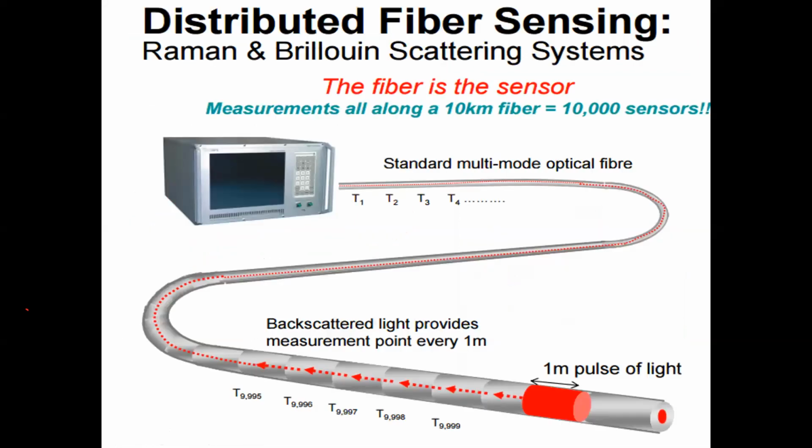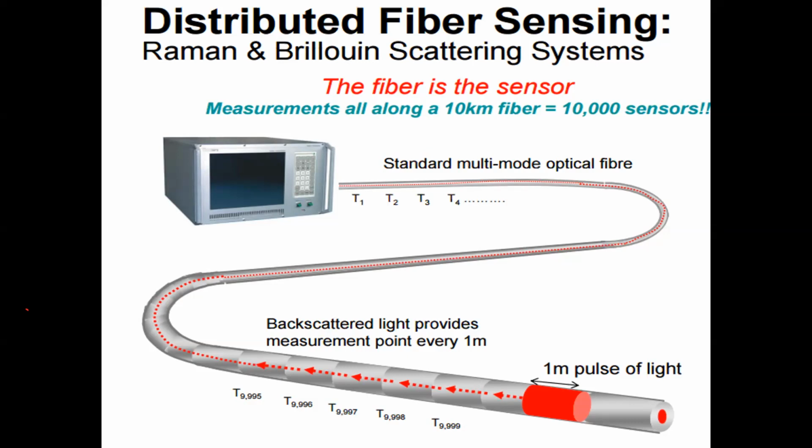Now, what is Raman and Brillouin scattering? As light goes through the optical fiber, some light will reflect. That is due to the structure of the optical fiber, and that is called the Rayleigh backscattering. What happens if there are some vibrations? If there are some vibrations near the optical fiber, some portion of the light will get back reflected to the origin. That is called the Brillouin property, due to the vibrations. And due to change in the temperature, there is some scattering which is called the Raman scattering.